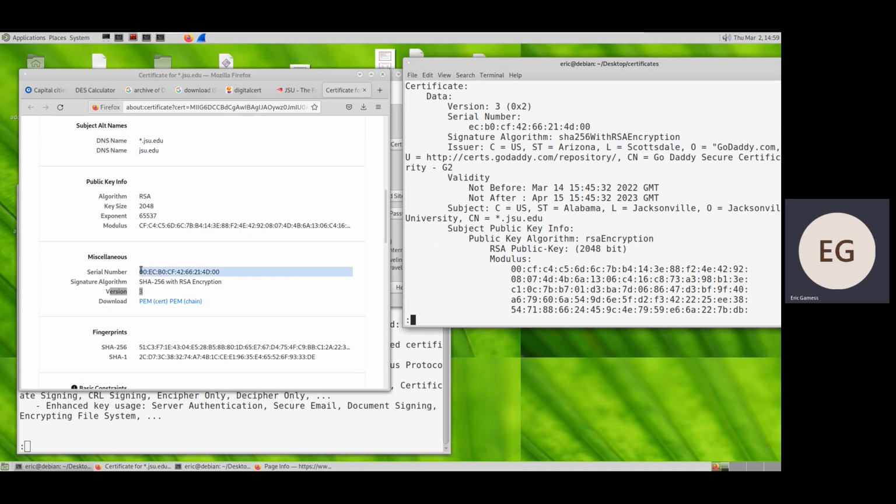Another piece of information that Firefox shows me is the serial number. As you can see, we have the serial number. Remember, this serial number has to be unique for GoDaddy. GoDaddy cannot emit two certificates with the same serial number. But this serial number can exist in another certification authority. For example, DigiCert can have this serial number, but each certification authority can use a serial number just one time